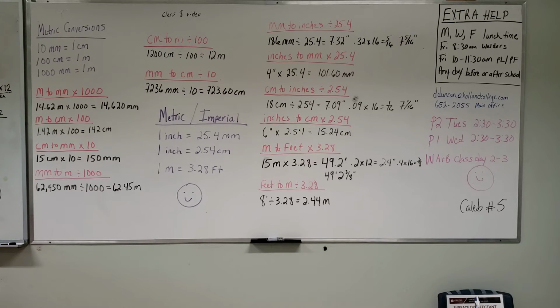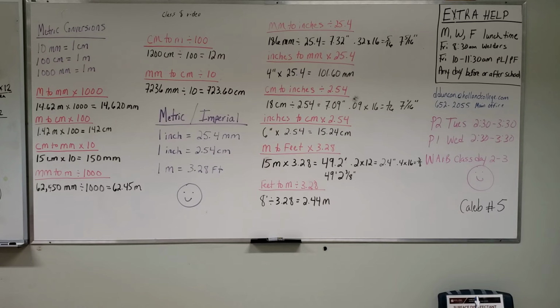Now going the other way, millimeters to meters, we would divide by 1,000. If we had 62,450 millimeters, divide by 1,000, you'd end up with 62.45 meters. Centimeters to meters, dividing by 100 centimeters in a meter. So 1,200 centimeters divided by 100, we get 12 meters. Millimeters to centimeters, divide by 10. So if we had 7,236 millimeters, we divide it by 10, we get